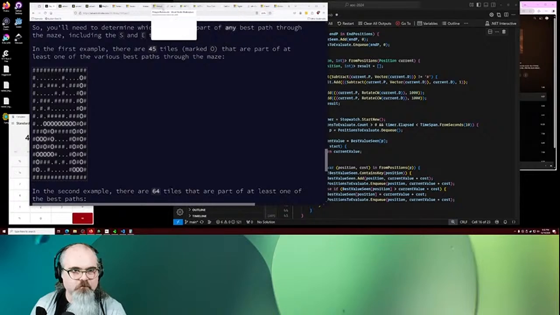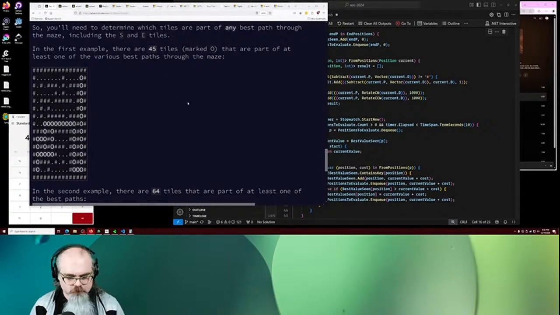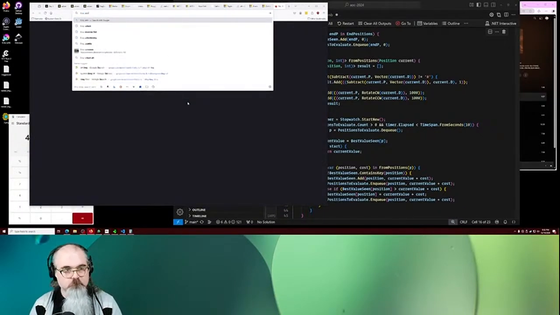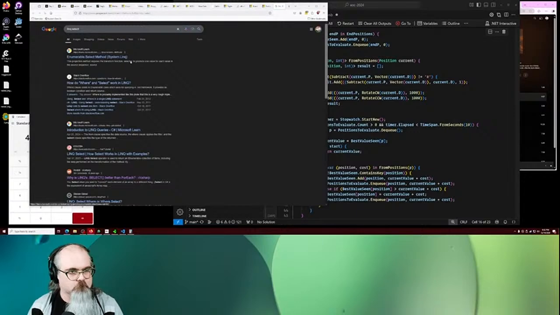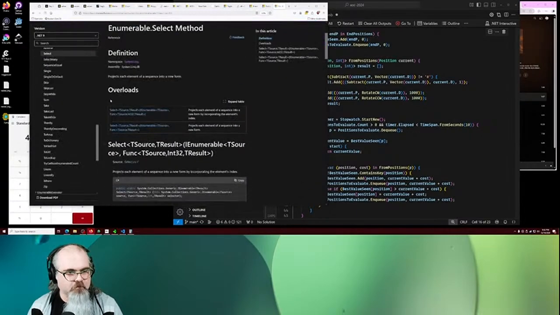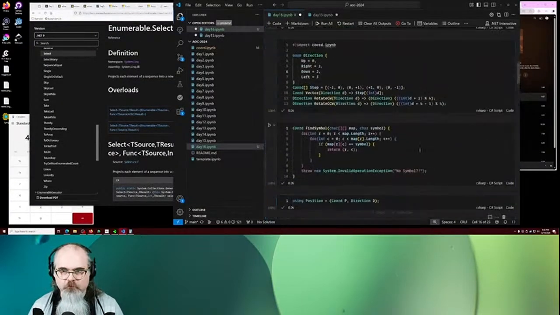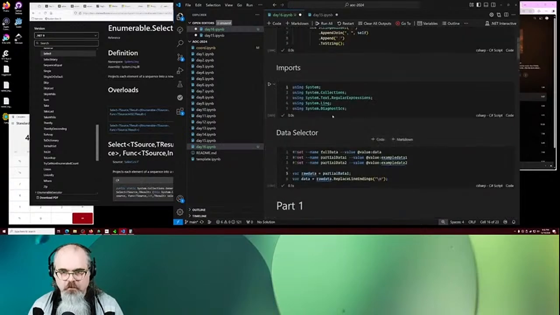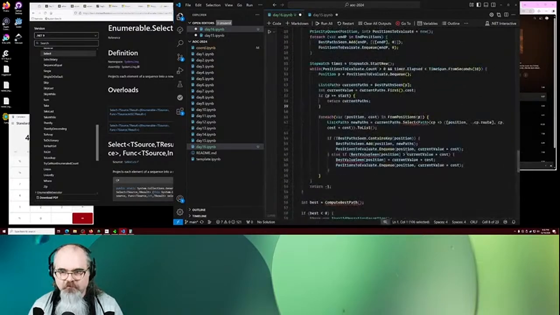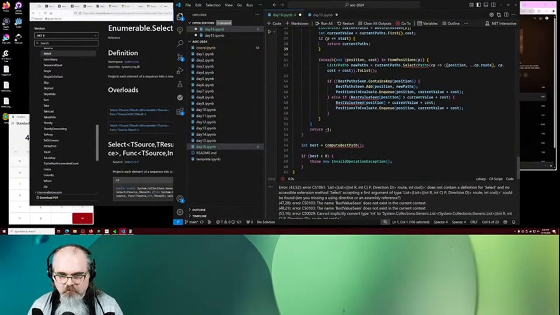Have I gotten confused too much here? Enumerable.select, yes. Projects each element of a sequence into a new form. And there's System.Linq in there. All right. Run all, because seriously, you should have that from System.Linq. Okay. Oh, accepting a first argument of type list of